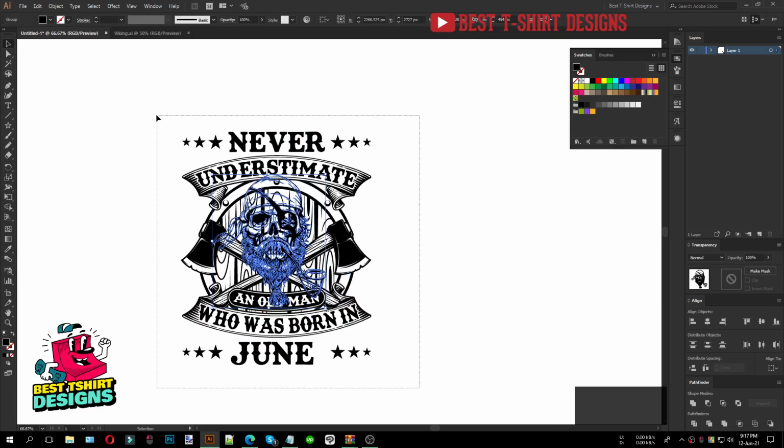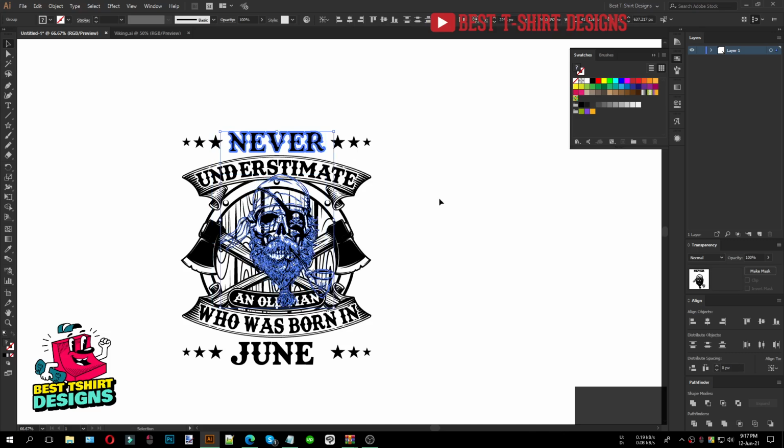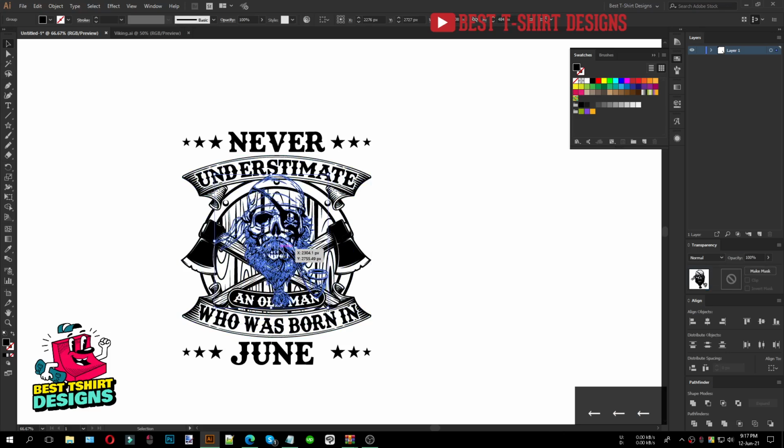If I select this skull and then select this one and make that the key object, I can align it with that, and that will become the center position. But sometimes it doesn't look like a center position, so I have to modify that manually. I think this is the center position.